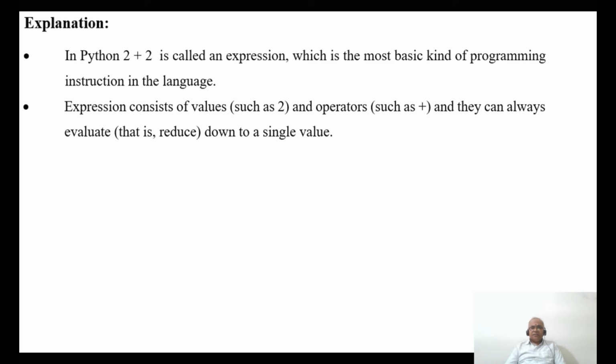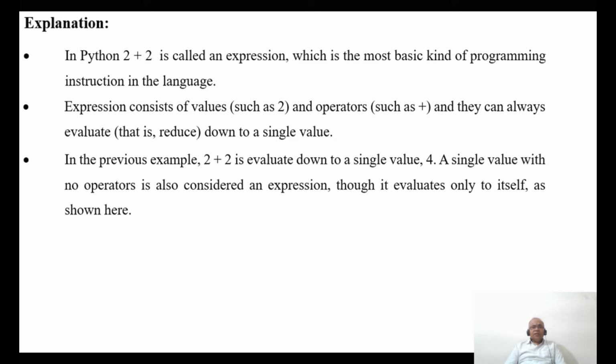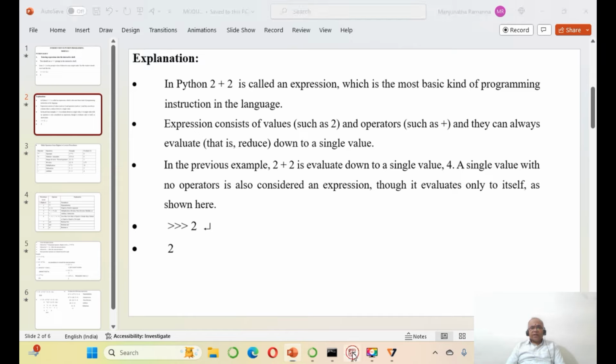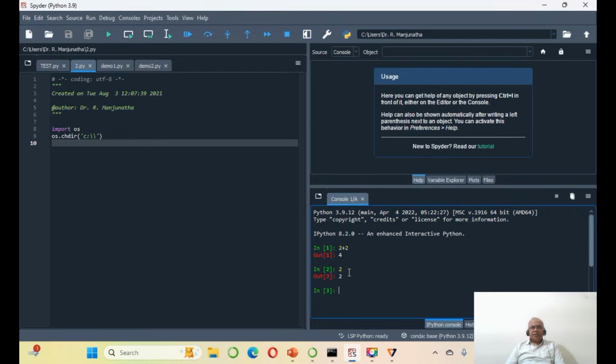and then when it evaluates, what happens? It evaluates to a single value, reducing down to a single value. In the previous example, 2 plus 2 evaluates down to a single value, 4. Suppose you have a single value with no operators, this is also called an expression. It evaluates only to itself. So what does it mean? If at the prompt I just enter 2 and press enter, it automatically gives 2 as the output